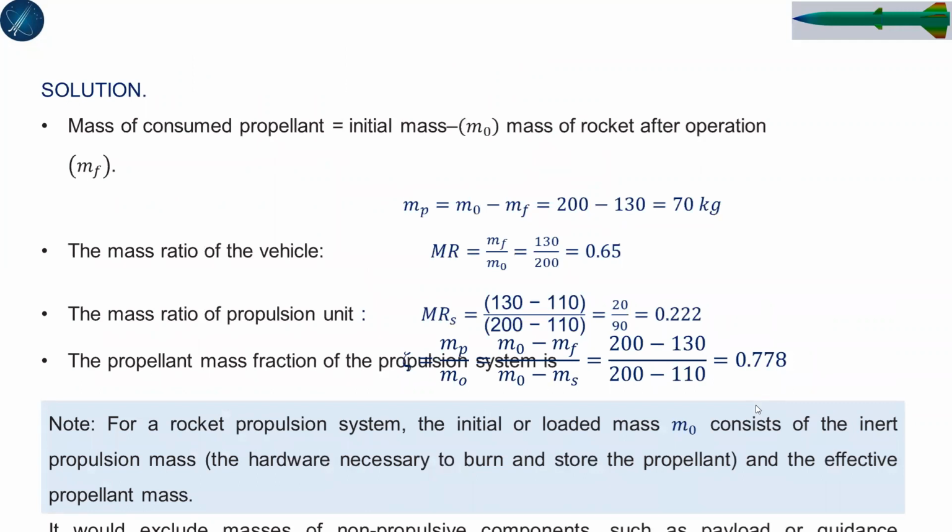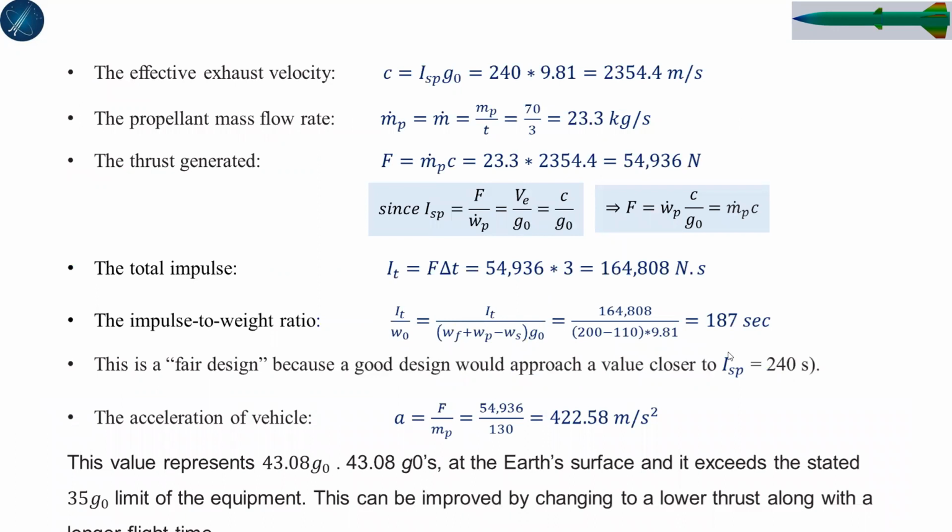So it is required to find the mass of consumed propellant, the total mass of consumed propellant obtained for 17 kilogram. Mass ratio of the vehicle, or the mass ratio of the rocket, is 0.65. The mass ratio of structure is obtained 0.222, and the propellant mass fraction of the propulsive system is obtained as 0.778. So now, once we have found these results, we can find the effective exhaust velocity, which is ISP times